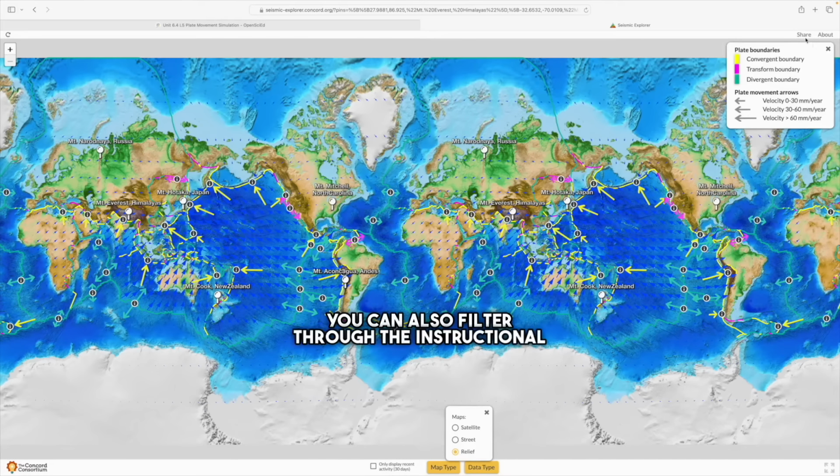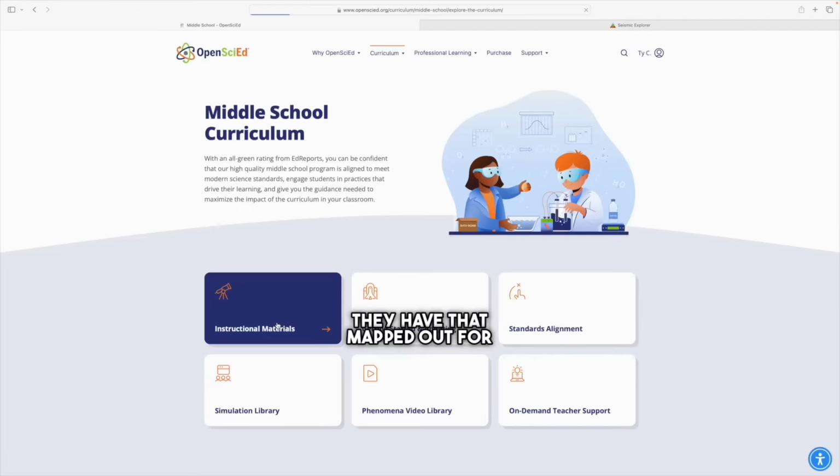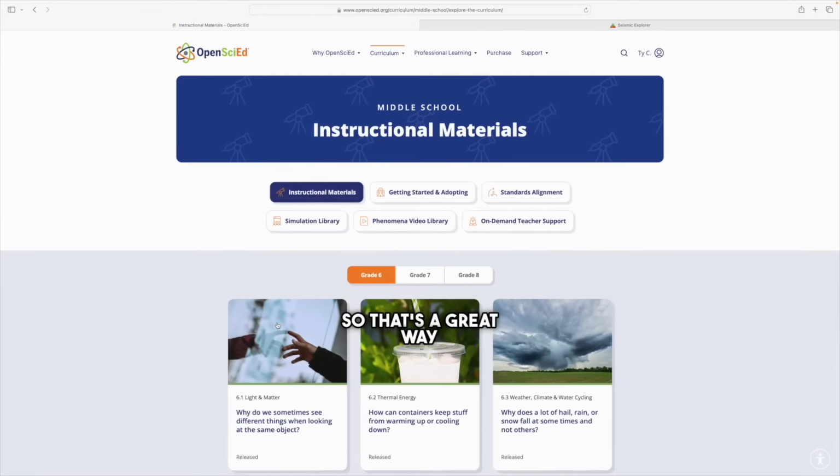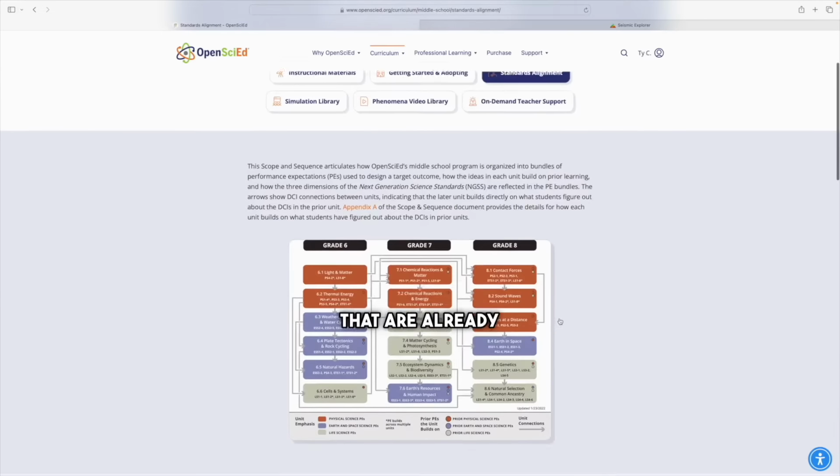You can also filter through the instructional materials, and if you want to see the standards alignment, they have that mapped out for you as well. So that's a great way to start planning out your year and finding those free resources that are already available